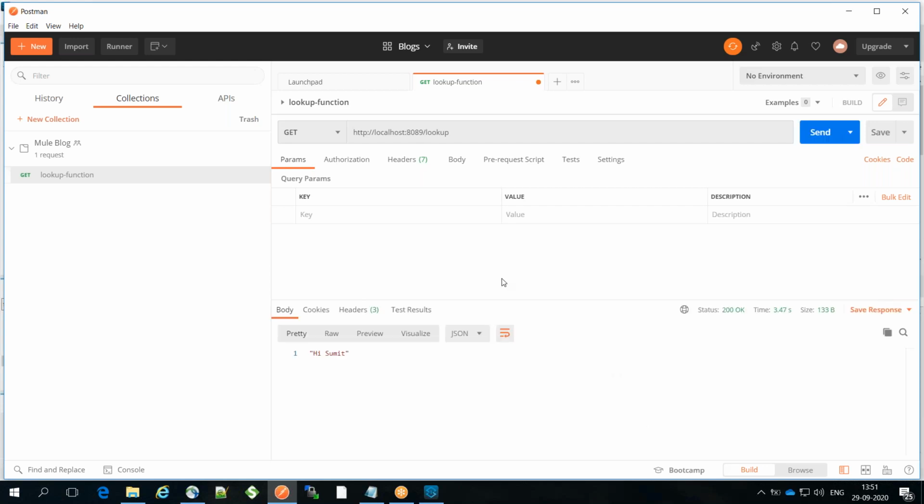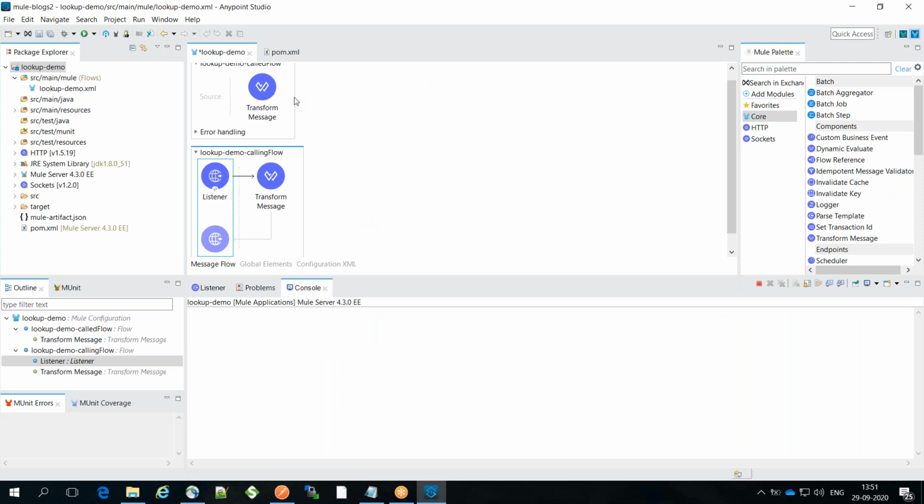It is sending the request, and you see you get an output. Hi Sumit. That indicates that you were able to successfully call a mule flow from another flow.